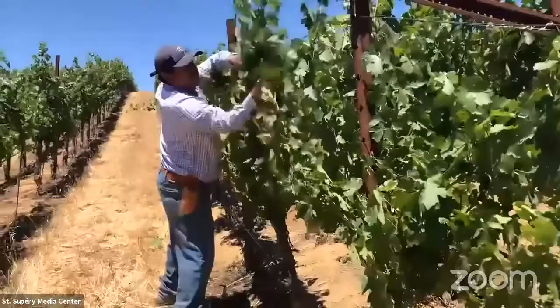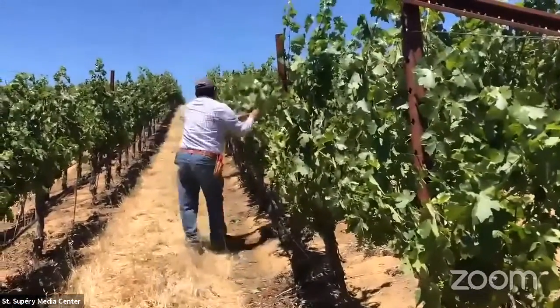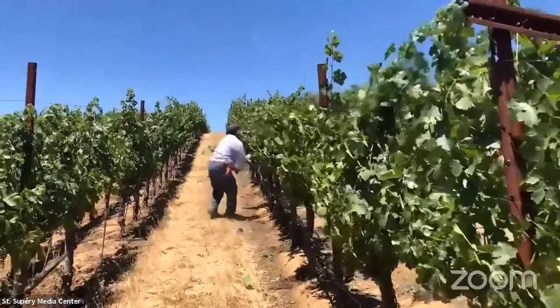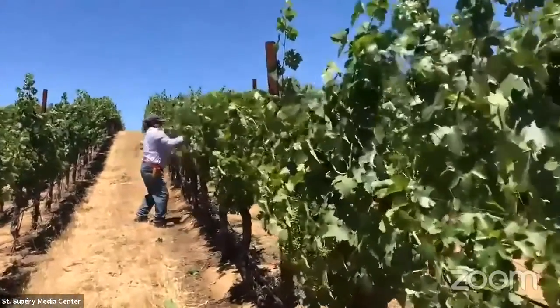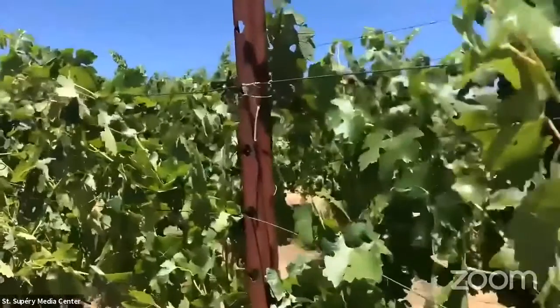So we've been doing a lot of things. As well, we've been leafing our vines, as you can see on the video. So we are removing a couple of leaves in order to partially expose the clusters and promote ripening on those, to promote color development during veraison as well. We don't want to over